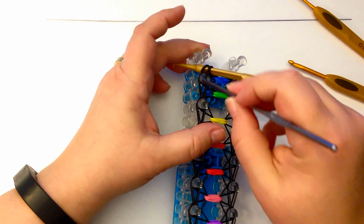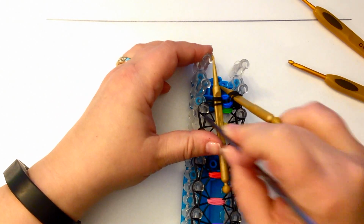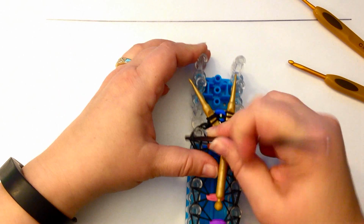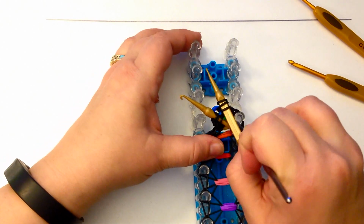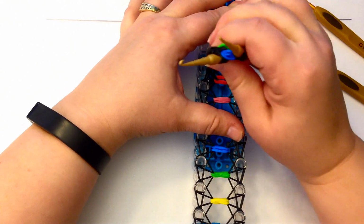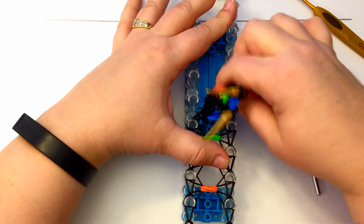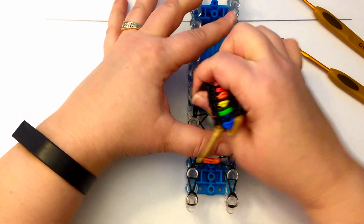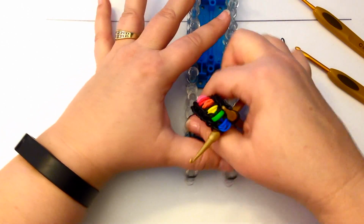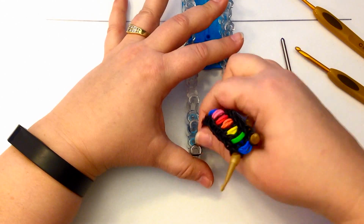Please ease it gently off, especially if you're using the limited edition silicone bands. They can break if you put too much pressure on them. I know there's not many bands on the pegs, but if you rip it, just please do it gently. I don't want to hear howls of rage. So as you can see, when you take this off,